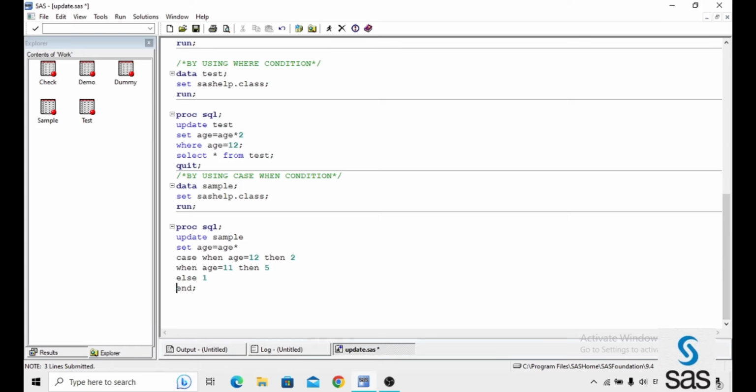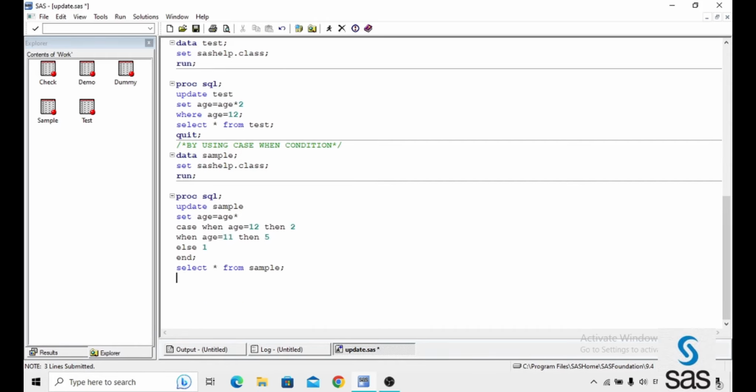Already you learned in proc SQL how to apply case when, and simply we are applying case when for the update statement, that too for multiple conditions here. If age equals 12, then into 2. If age equals 11, then into 5. Got it? And select star from sample, which means I need all the variables here, and quit.